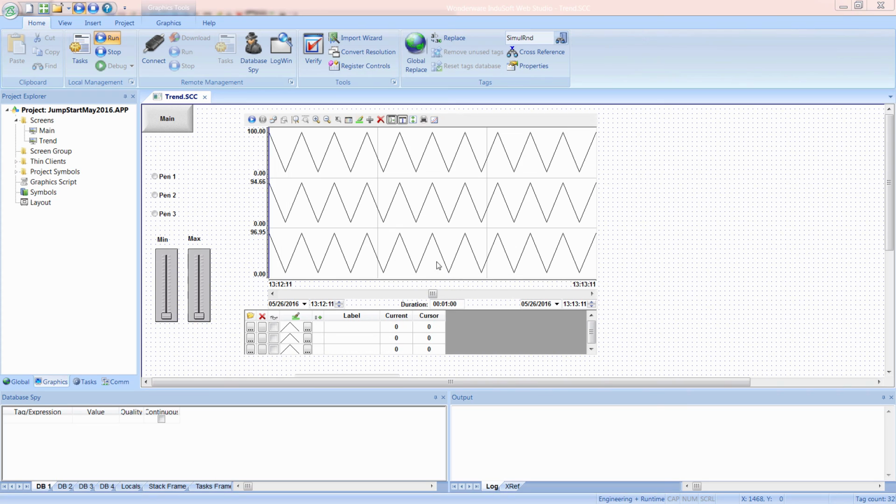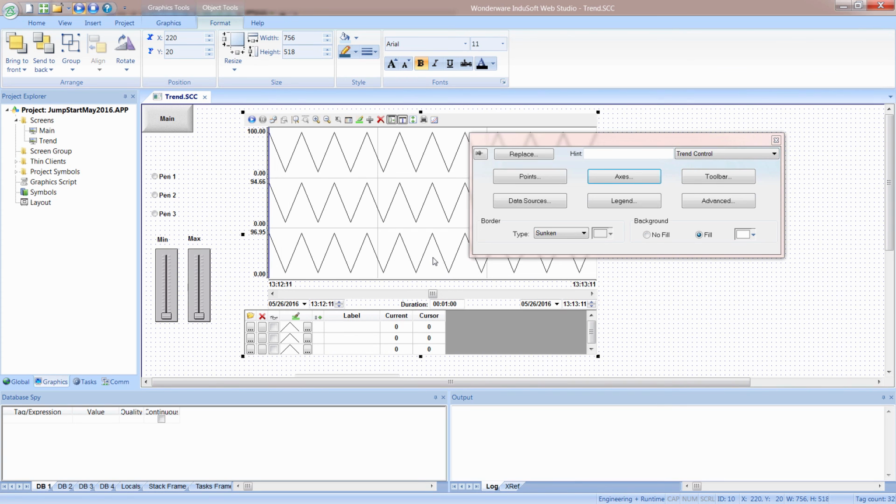Now, what I want to show is a way to manipulate this cursor without clicking. Maybe you have a display that doesn't have a touchscreen or a mouse on it, and you want to be able to manipulate this from a PLC value or an external value some way without actually clicking on the trend itself. So what I'm going to do now is go back into the trend configuration here,